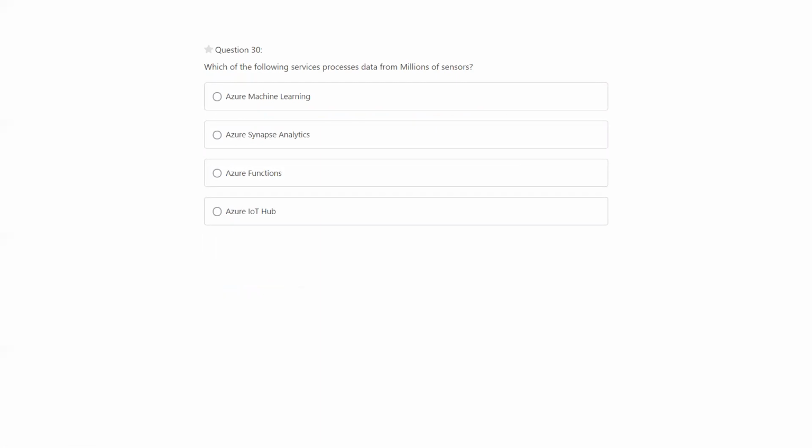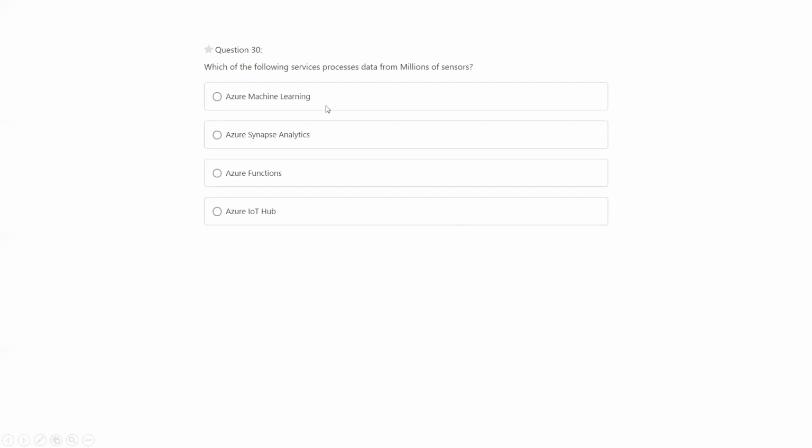Which of the following services process the data from millions of sensors? So it's talking about the IoT Hub. IoT Hub is the centralized device which connects and processes the data from millions of sensors.